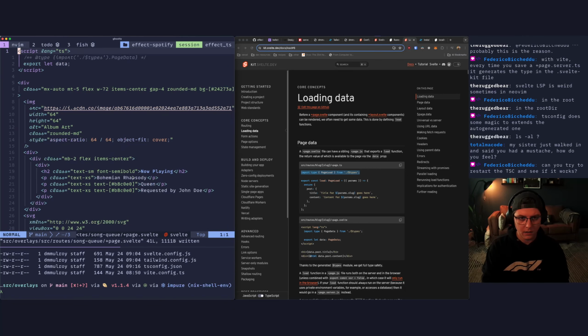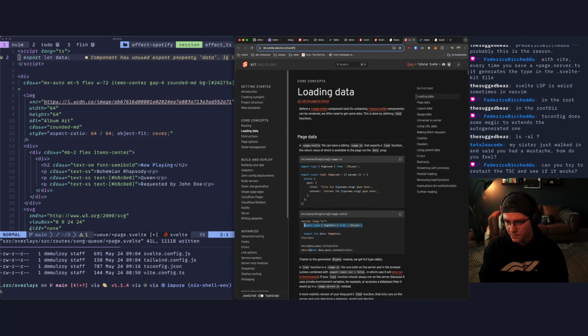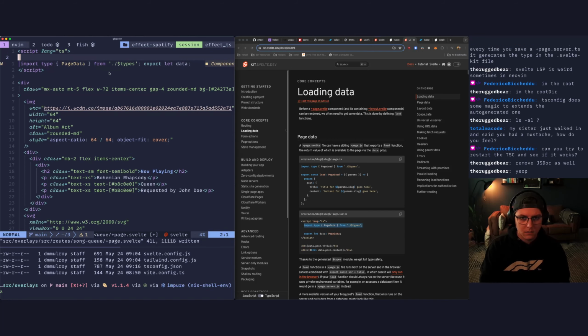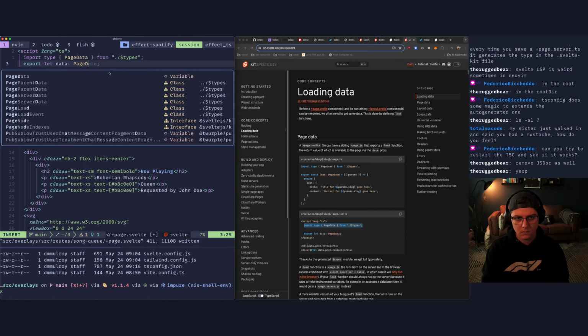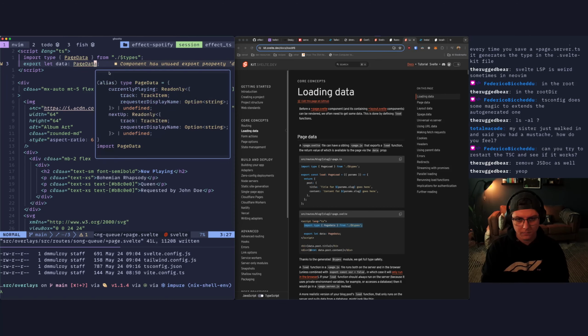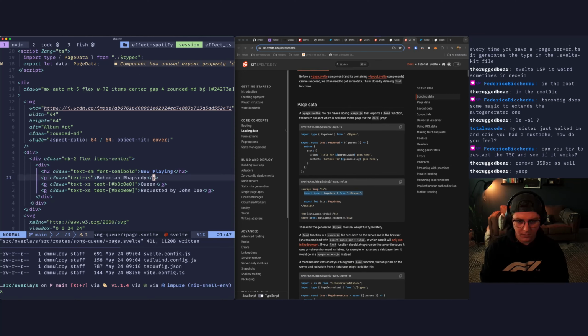And I can go here. And for lang TS, I can just do this. Yeah, okay, cool. So then I can use that data in my component and we can change the tag.